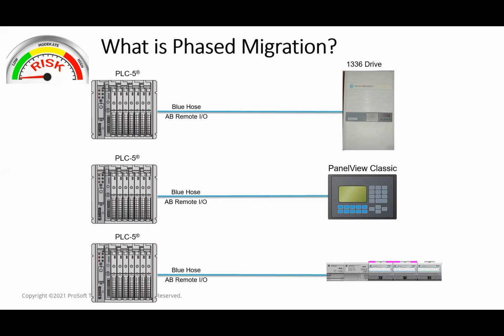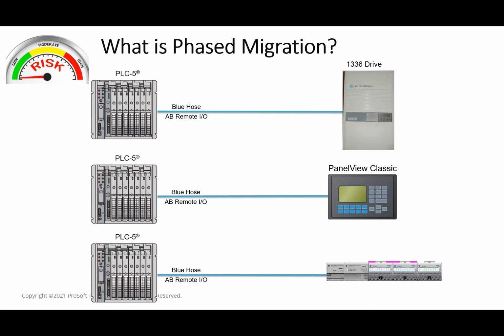The biggest risk factor in any migration is usually the PLC and troubleshooting the new code. Or, when you have a bunch of end devices, like shown here on the right, panel views, IO, old 1336 drives. This adds to the challenge. In a perfect world, you would modernize all the end devices first, but the new modules out there don't support